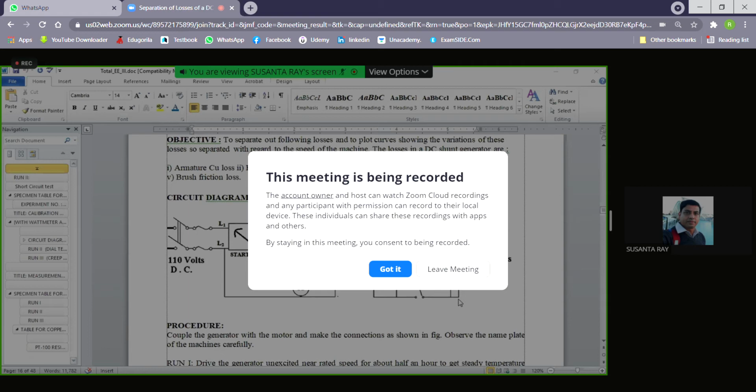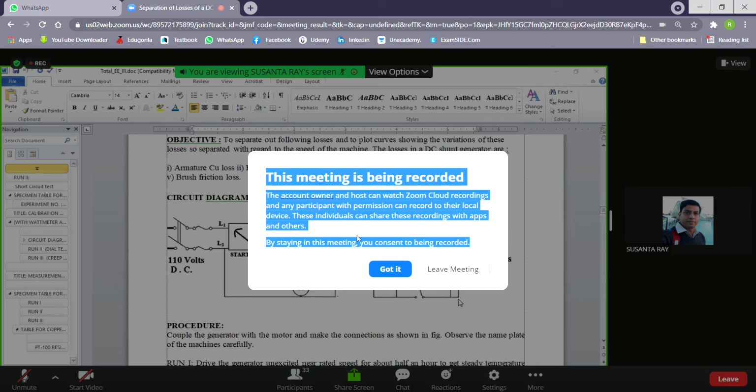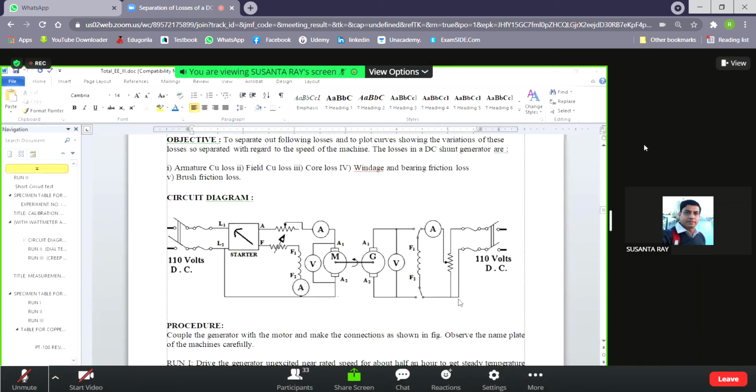Now how is this 4-point starter connected to a DC machine? DC machine also has 4 terminals. Generally, if it is a shunt or separately excited motor, it has 4 terminals. So 2 terminals are for armature, that is A1 and A2, and 2 terminals are for the field winding, F1 and F2. Okay. Now how we will connect the starter with the motor, that is very important. So we have to concentrate on this circuit diagram.